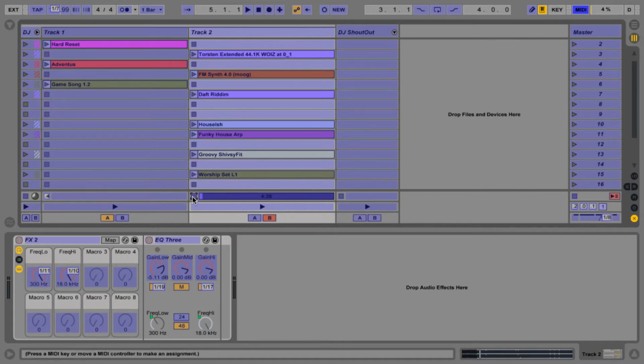Stop button for track 1, stop button for track 2, and then whatever I have selected, I wanted to play. So I click here, there's play, and there's play. All right, we'll leave our mapping mode,